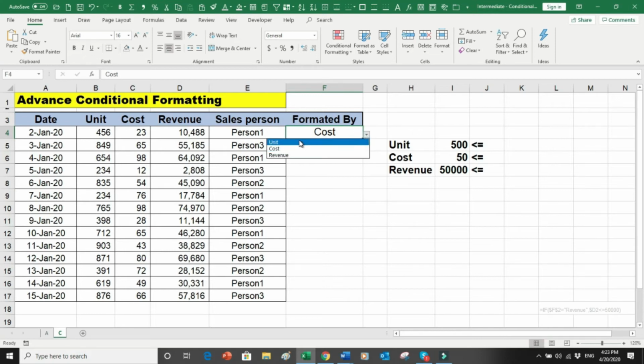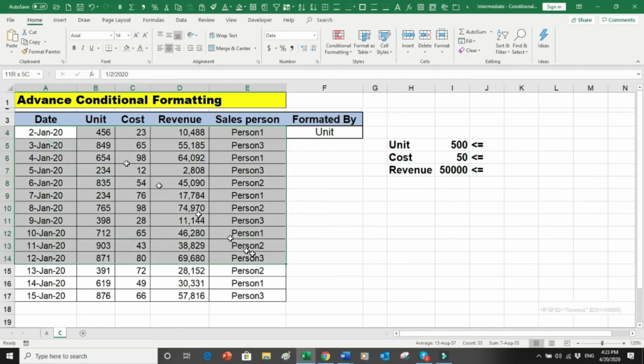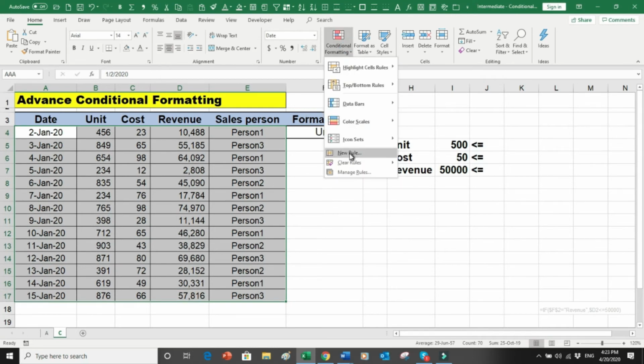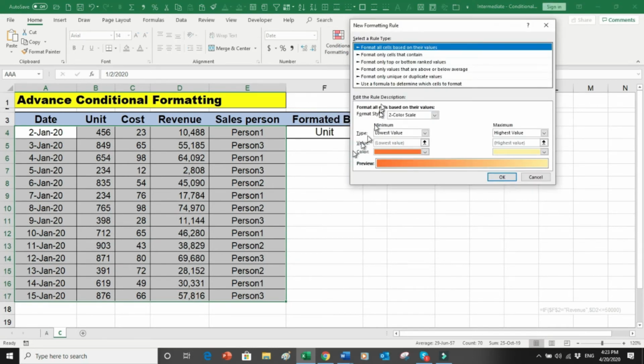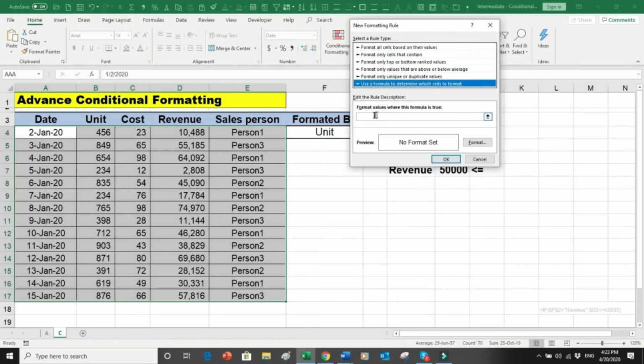So here what I've done, I put these three things into a data validation. So let's say I select the cost. The moment I select the cost, I want all the items with the units sold less than 500 to be highlighted in the sheet. So what I will do in this case, I will go here and say add this new rule from the selection, and what is the rule for me? Is equals to if, bracket start, this cell, which is F4,